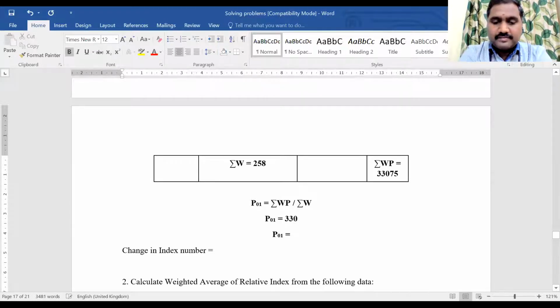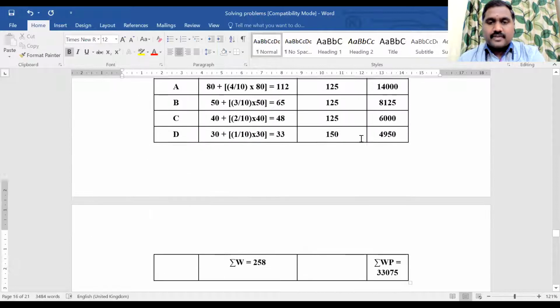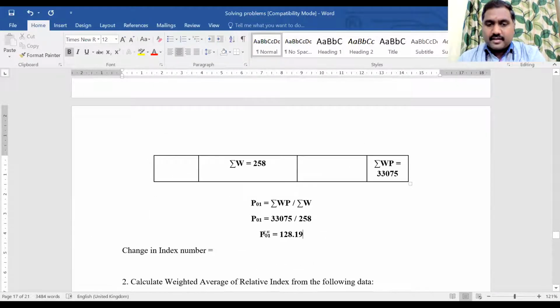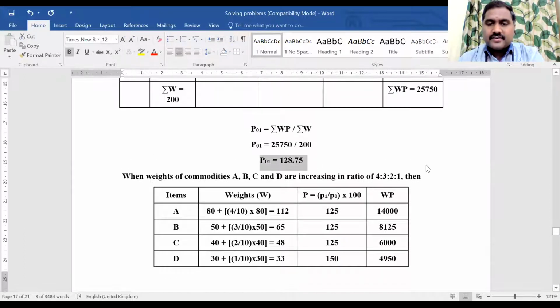Now, 33,075 divided by 258. What will be the answer? What is the price index for the new commodities? 33,075 divided by 258. What is the answer for this? 128.19. Okay, good. So this is the price index for the new weightage,